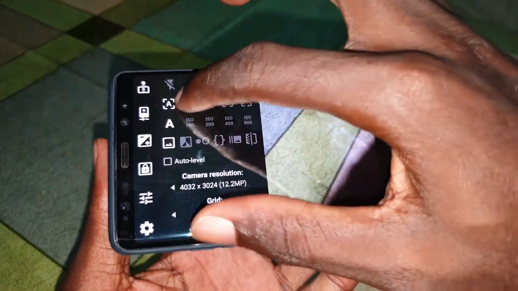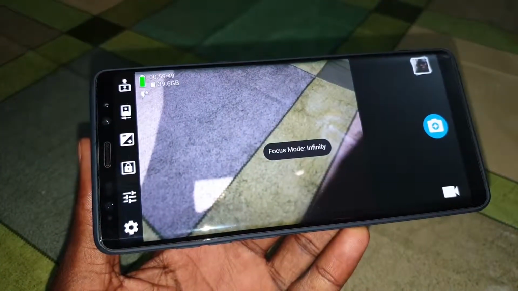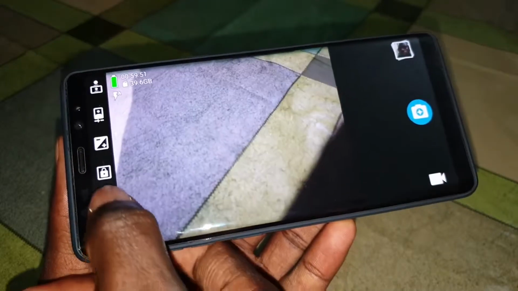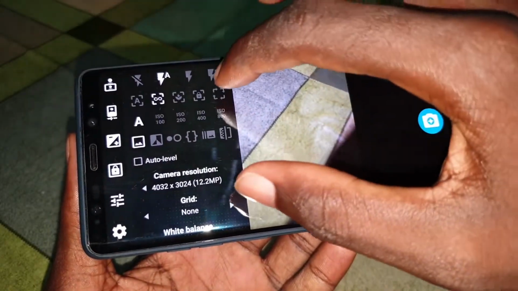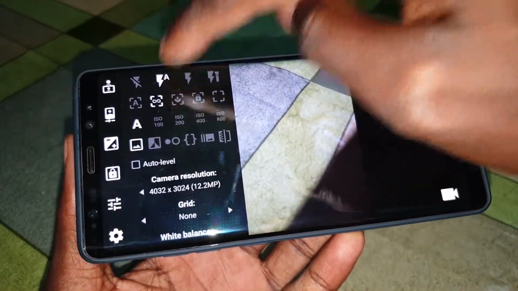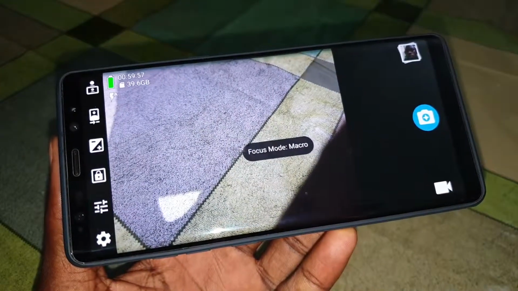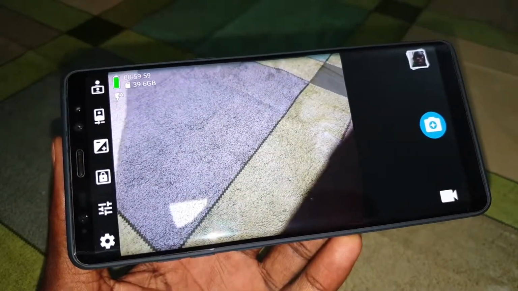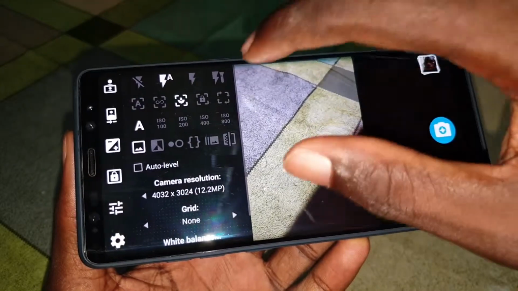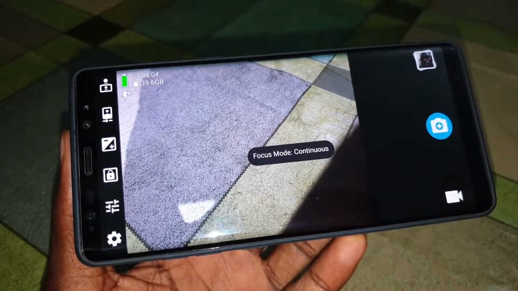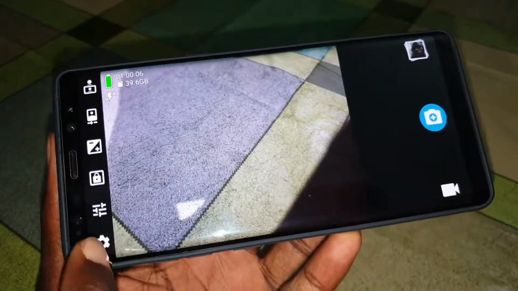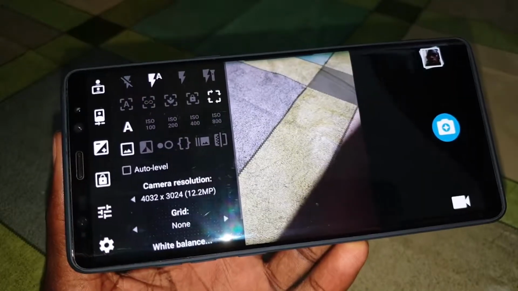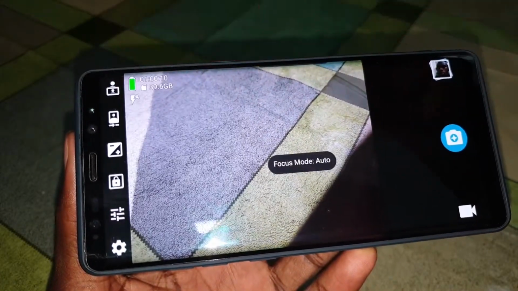You can change like that. Focus mode infinity. You can also do the same action for the next focus, macro. You can also do this focus mode continuous, and it's great, so nice and so great.